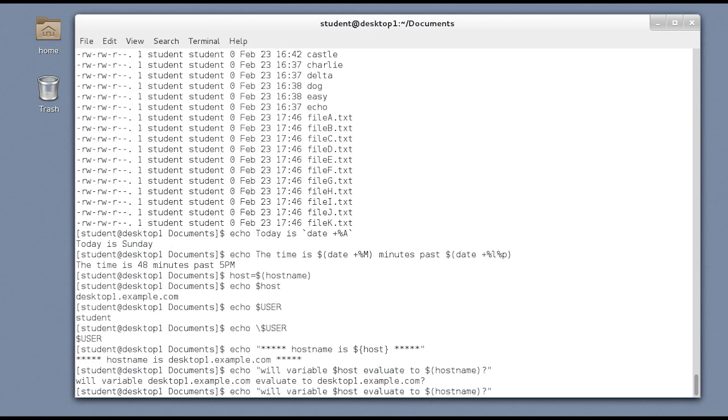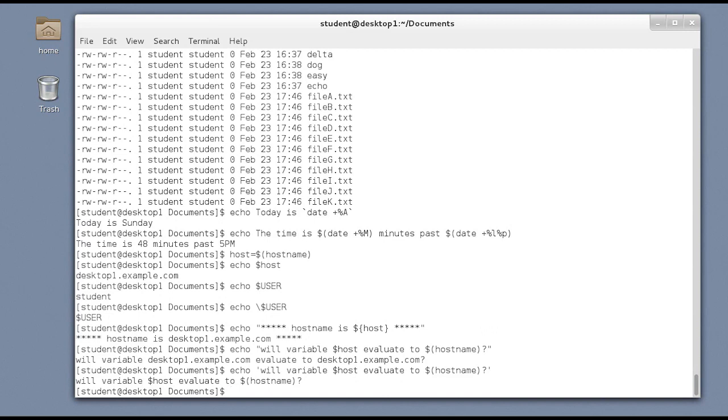If I want to actually take text literally, just replace the double quotes with single quotes. And this will force all text to be taken literally, even the variables and the command substitutions. They will not be expanded. They will not be substituted. So you get literal. The question mark is actually a special character that is used for history expansion also. And notice that it also printed as a literal and was not interpreted.